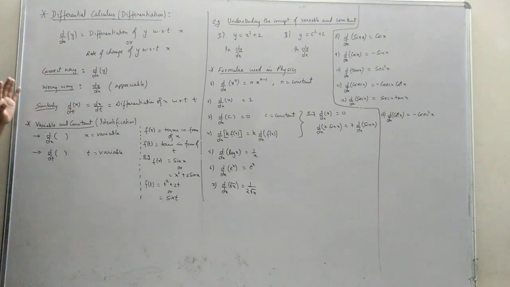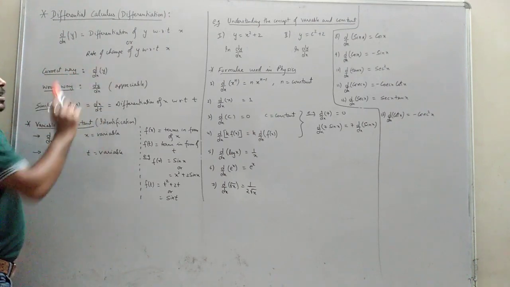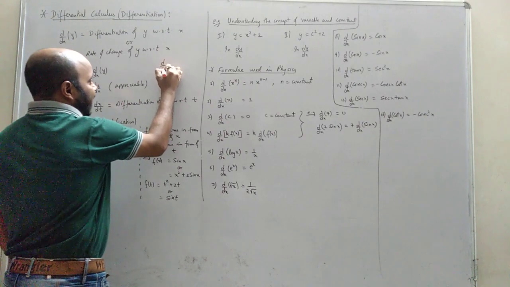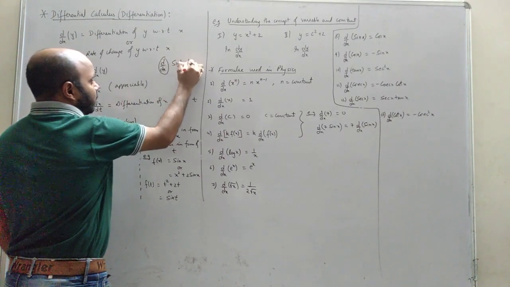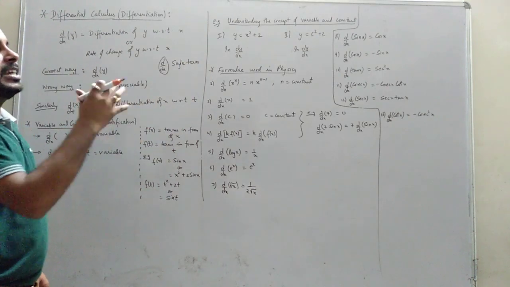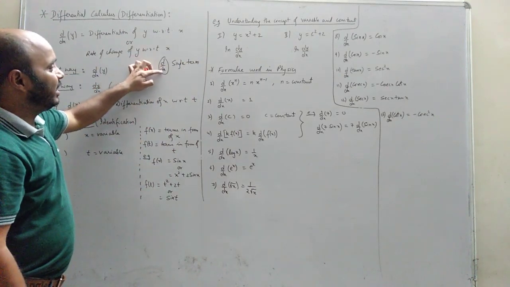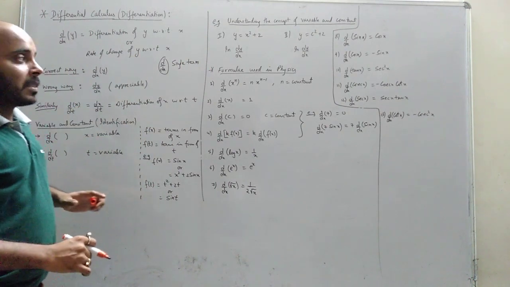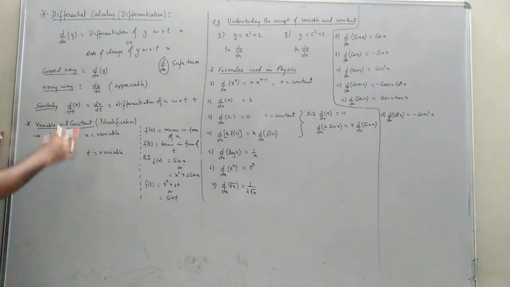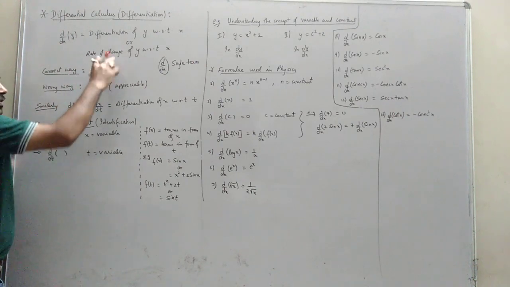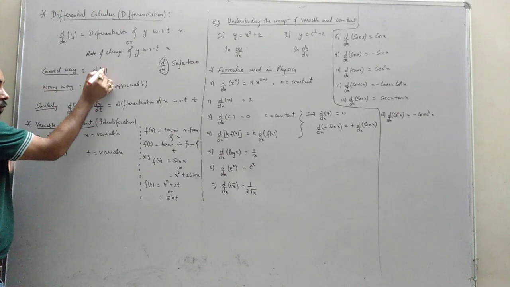Now, a few misconceptions students have. The correct way of writing this differentiation is d dx all together, then y in brackets. Now this d dx is actually a single term. It is not d divided by d into x. It is not like that; it is d dx, which is considered a single term. We write d dx of whichever term we need to differentiate, here y. We need to differentiate this term, so we write d dx of that term which you need to differentiate.